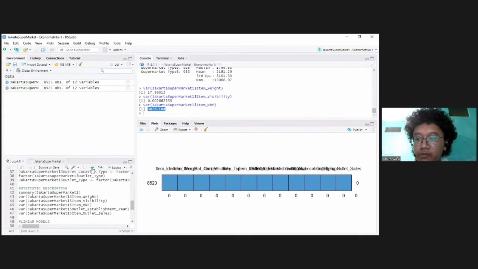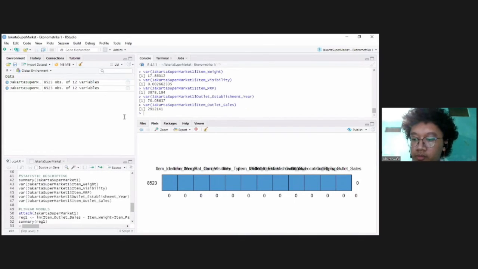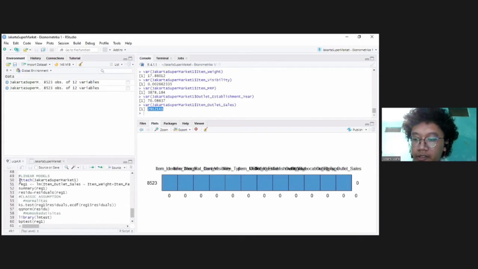Then the variance of the outlet establishment year variable is 70.086117, and the last, the variance of the item outlet sales variable is 2912141.